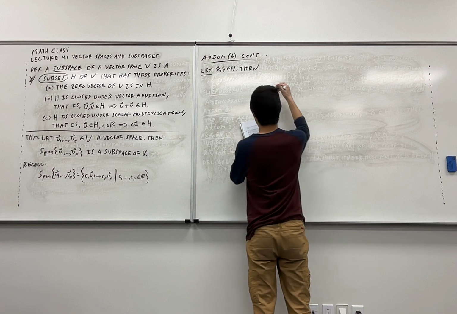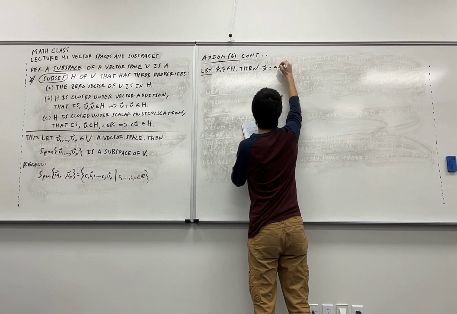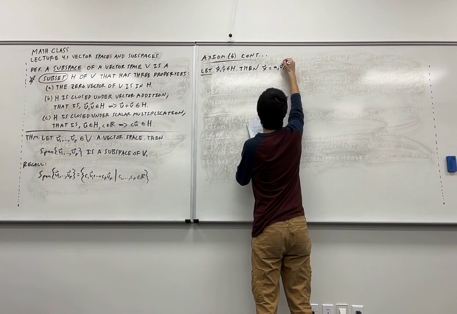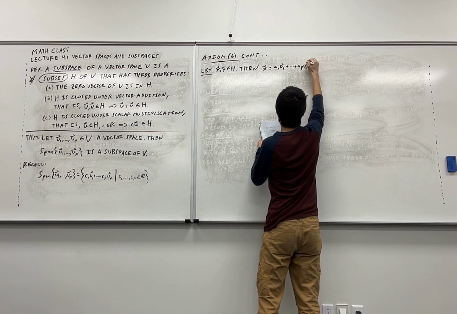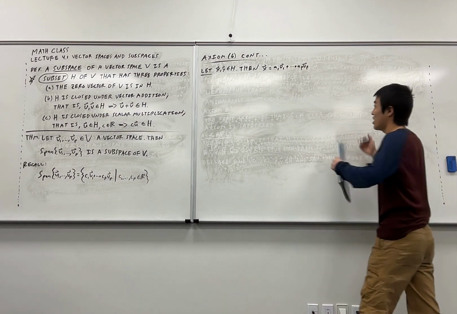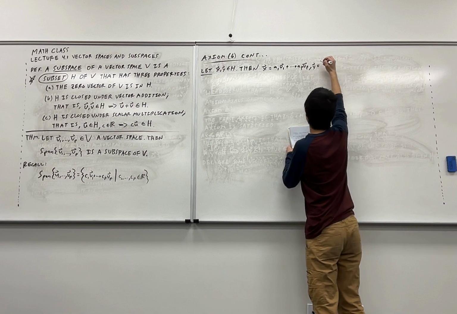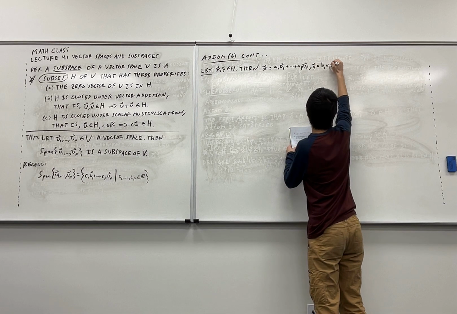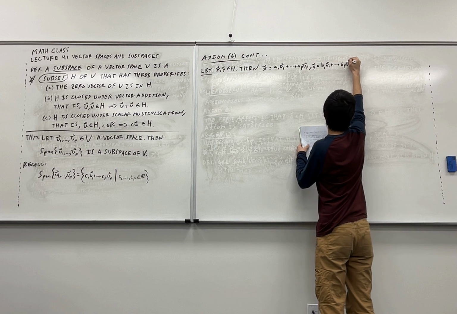So X is some linear combination A1 V1 plus through AP Vp of those vectors. And then that means Y is also just some linear combination B1 V1 plus BP VP,